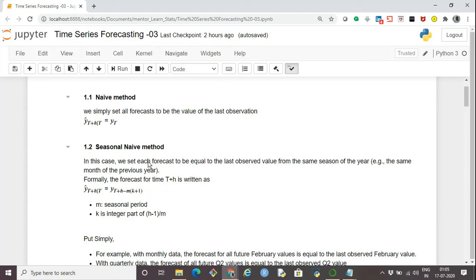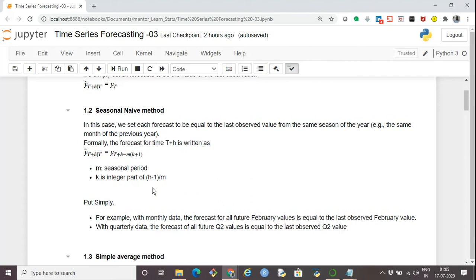So basically we take the same month's data of the previous year to do the forecasting. Similarly, the forecast value of quarter 2 of 2020 would be the same as the value of quarter 2 in 2019. So that's how we predict in the seasonal naive method.